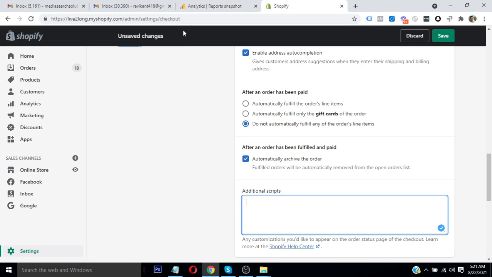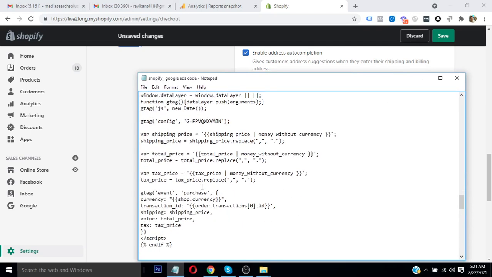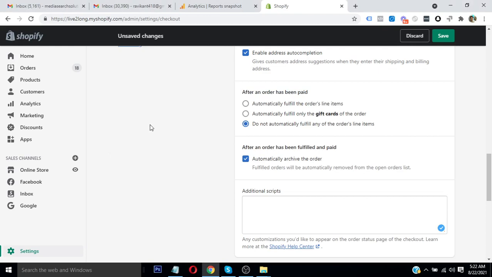So there are a few steps that we need to do, and we need to add just a piece of code. I will share the link of this piece of code that we need to add, so you can add this. Let's start. First of all, you will need to log into the admin panel of your Shopify website. So let's refresh this.